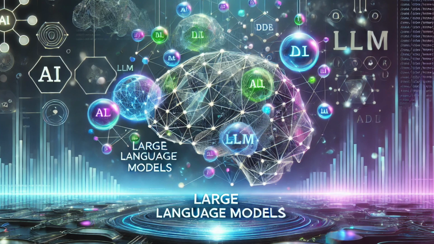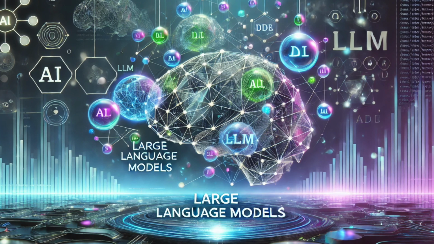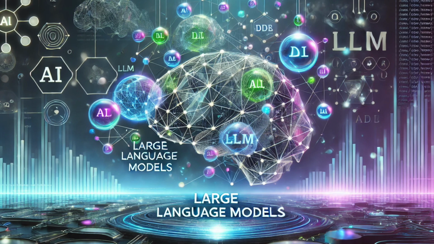So this brings us to the 2000s. What were some of the key breakthroughs during this period that paved the way for the LLMs we know and maybe even love today? The 2000s were really about laying the groundwork. We saw the rise of deep learning, which uses artificial neural networks to mimic the human brain's ability to learn from data. This, combined with access to massive datasets and increased computing power, led to significant progress. But the real game changer came in 2017 with the introduction of something called the transformer model.